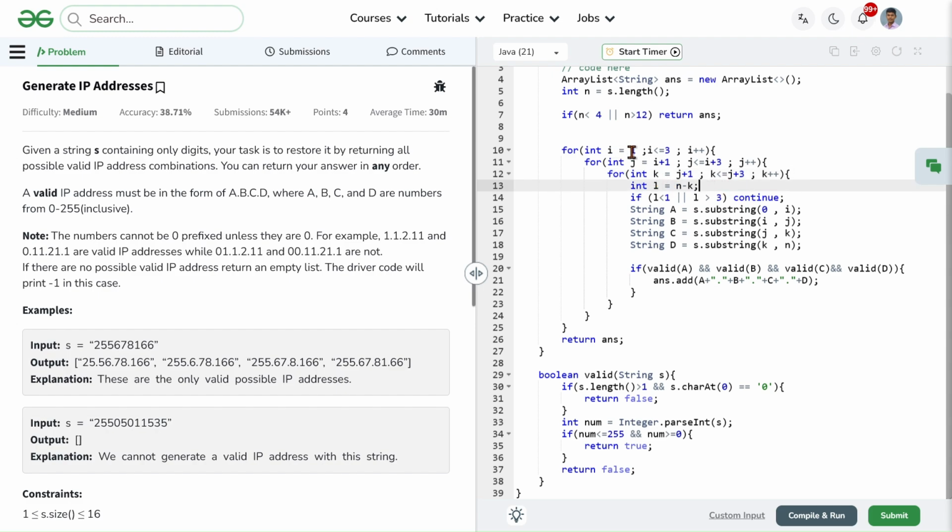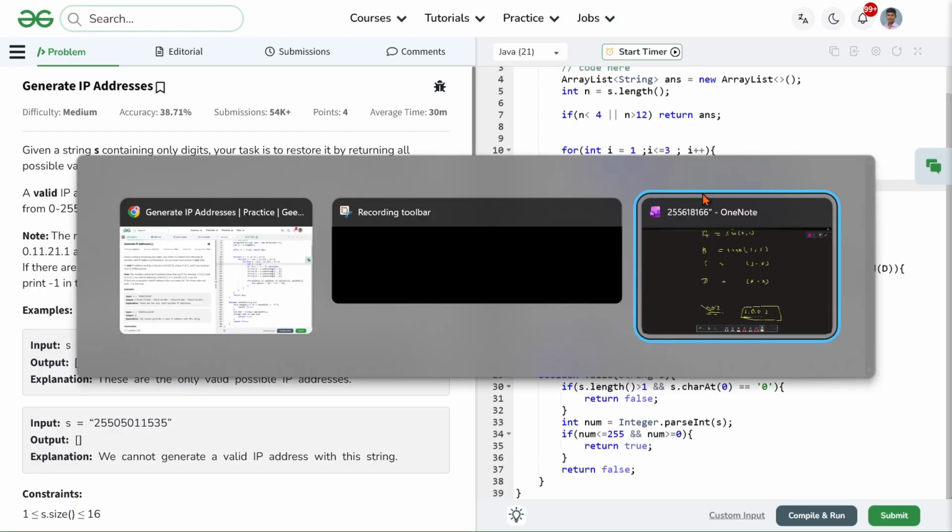So I starts from 1 till 3, J starts from I plus 1 till I plus 3, K starts from J plus 1 till J plus 3, and D is N minus K, same as we have understood here.